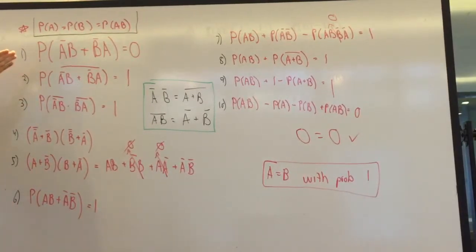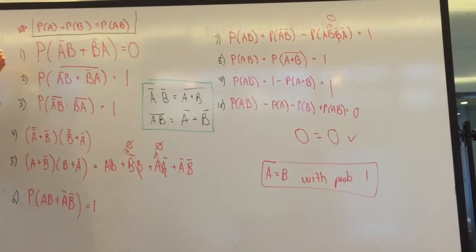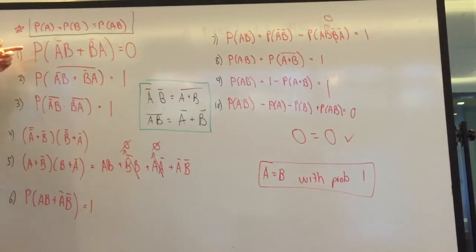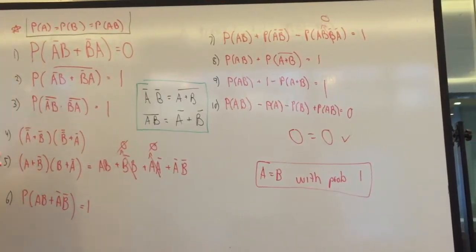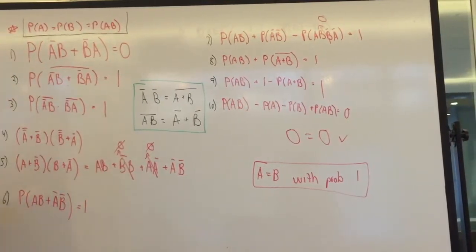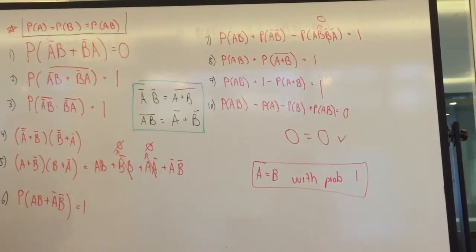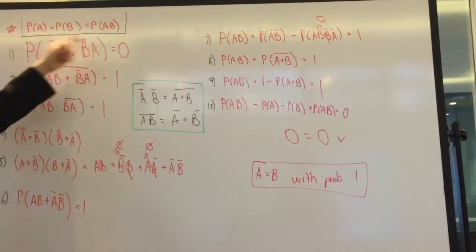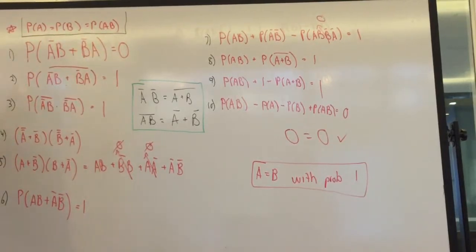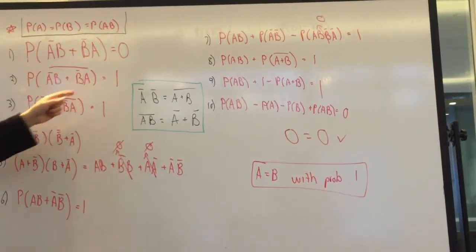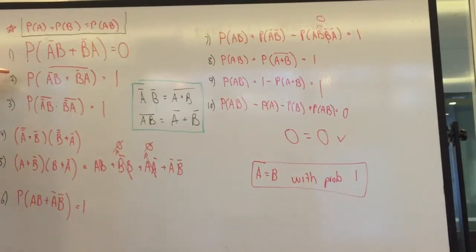So if the probability of A bar times B plus B bar times A is equal to 0. So in order to apply De Morgan's law to this probability, we need to tinker with it a little bit. So we apply a little bit of logic. Therefore, if the probability of this quantity is equal to 0, then the probability of the inverse of this quantity has to equal 1. So that is what we did. And now, with this new